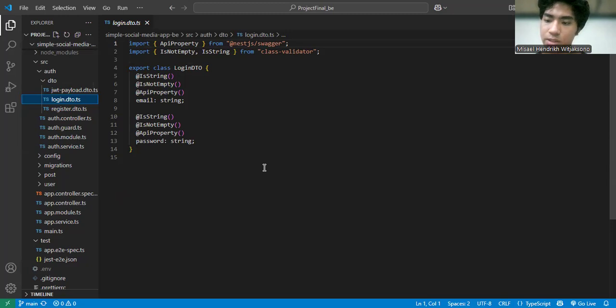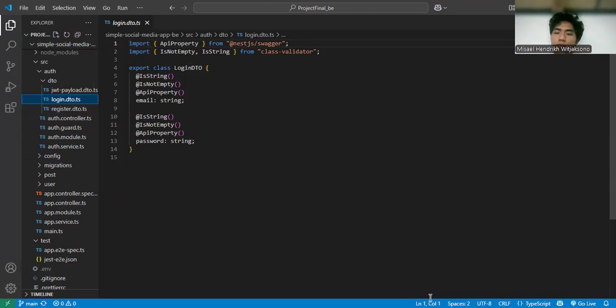The token is sent to the client after successful authentication, and it is expected to be included in the header of subsequent requests for authorization. The system ensures secure password storage with hashing techniques and implements input validation to mitigate common vulnerabilities such as SQL injection and cross-site scripting, or XSS.